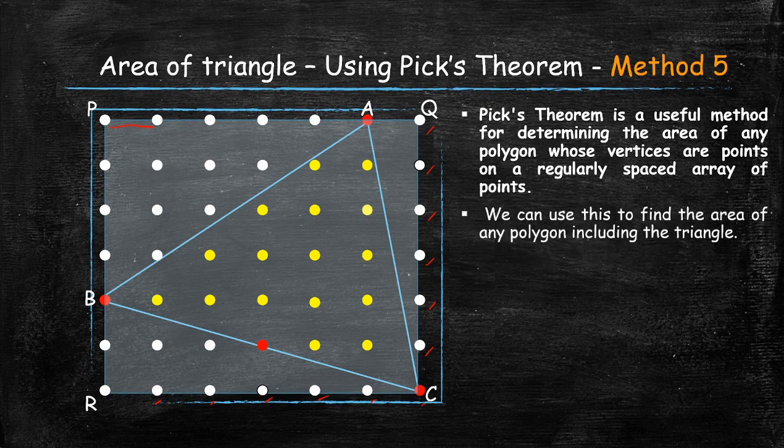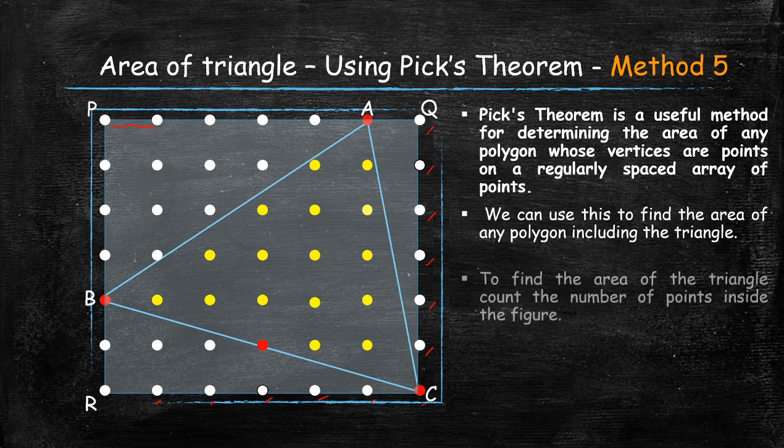So now we can use these points to find the area of any polygon. Like you draw not only a triangle, you draw any random figure you want and you can use this Pick's theorem to find the area of that polygon. It should be a closed polygon. It is very important. The polygon should be closed. You can use the Pick's theorem and find the area.